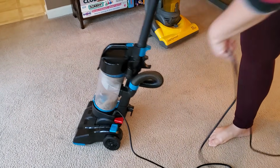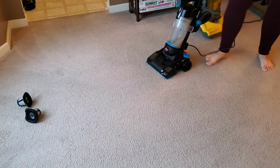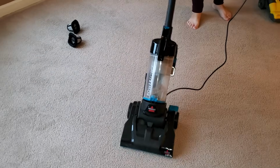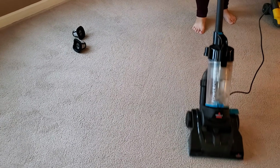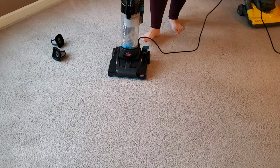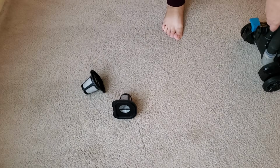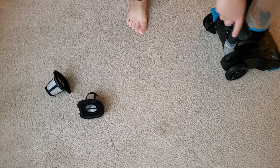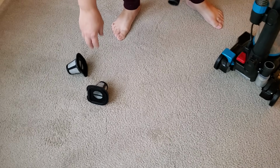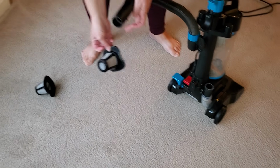Oh, yeah. Wait, I gotta clean those. Oh, yep, you can just use the hose. Is the hose gonna suck it right up? We'll see. Yeah, it's not going to fit in the hose. Nope. Good. I'm safe. I'm not a lefty, so...